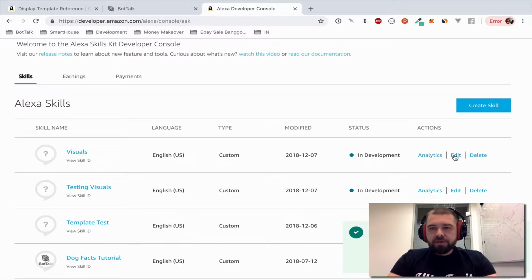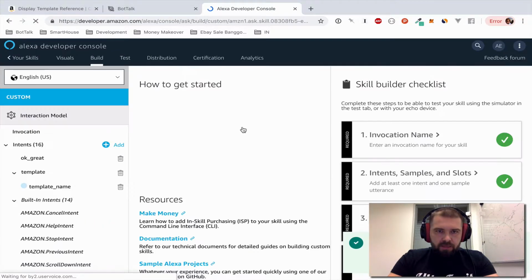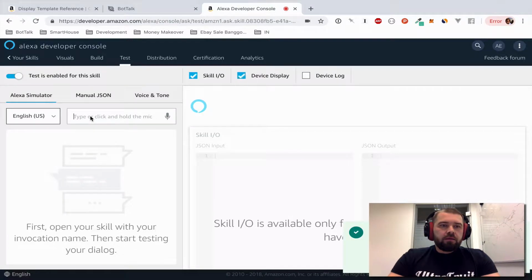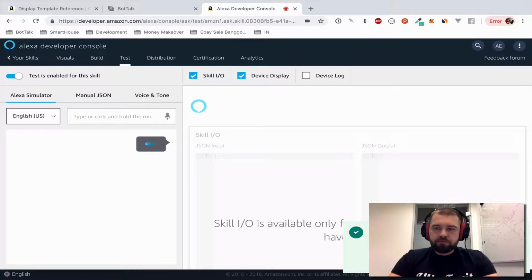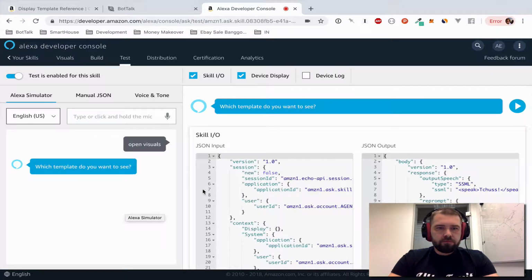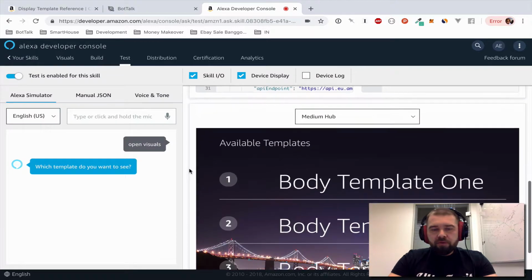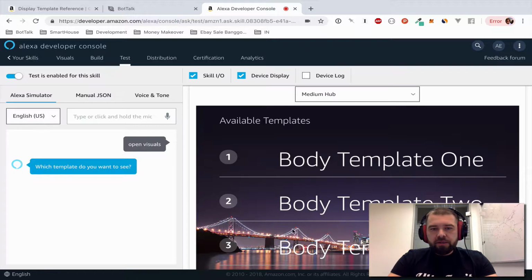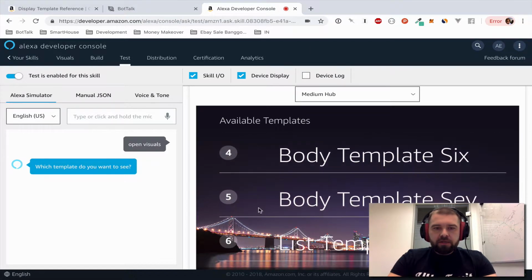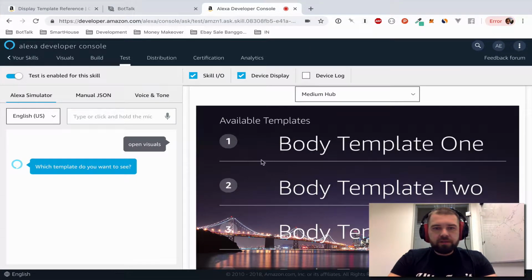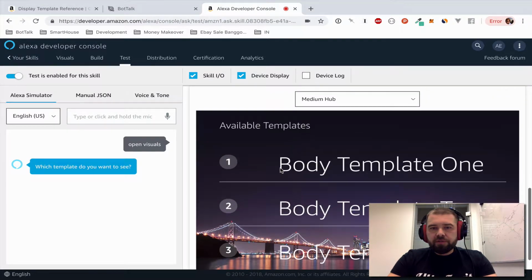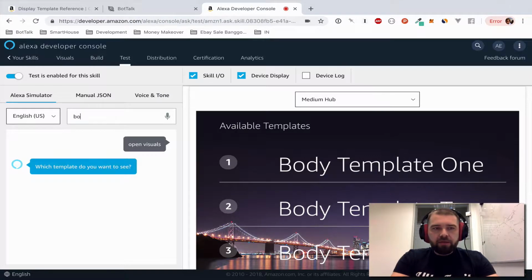So this is the visuals skill that was created, and if you go into the testing and say, open visuals. Which template do you want to see? And the most important thing is down here, right? Already here I'm using the list template, the vertical list template, and what it does is tell you possible things that you can look at. For example, say you want to look at the body